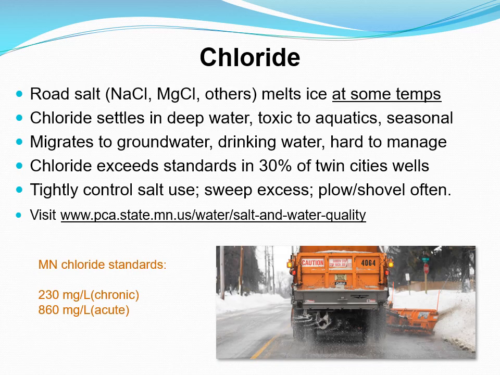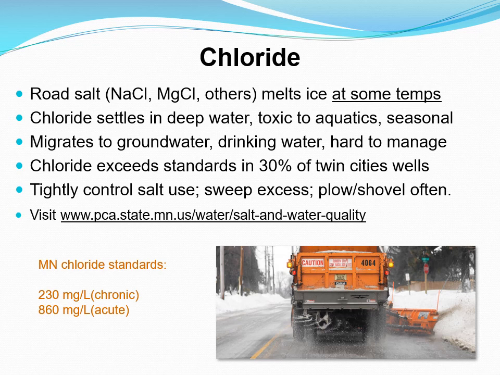The last thing I'll talk about today is chloride, and this is something that's important to know about and understand a little more because we are turning more attention to it these days. Road salt is applied in the winter to make roads safer to drive on, but it does have impacts for the environment. Road salt does melt ice, but only at sort of middle cold temperatures. If it's incredibly cold, it doesn't work that well. Magnesium chloride is something that can be used, but it still contains chloride.